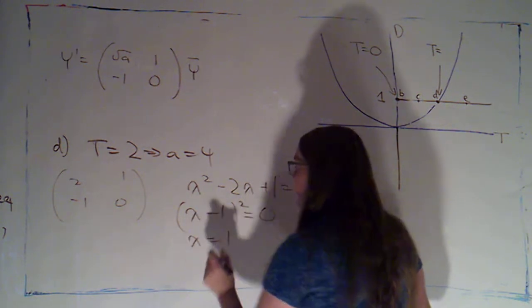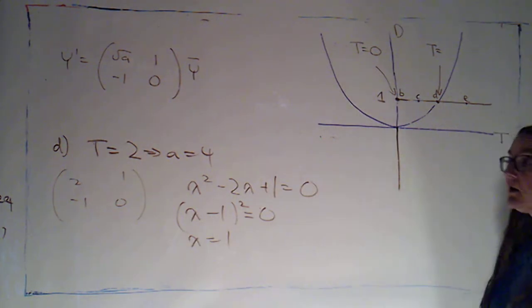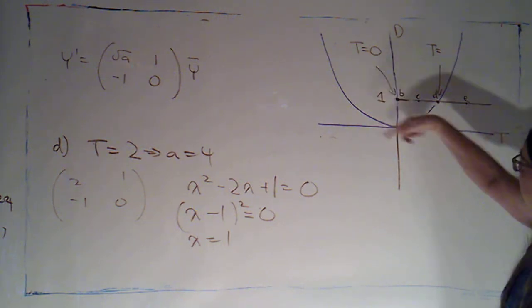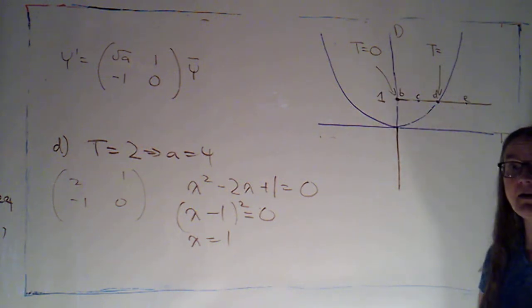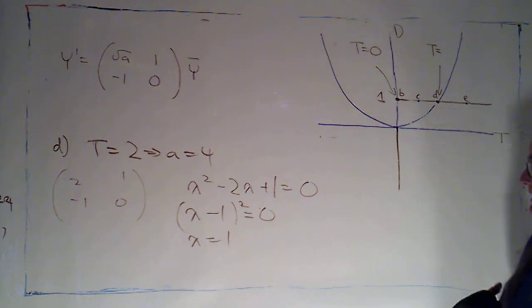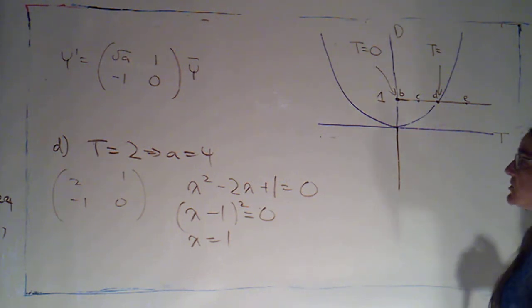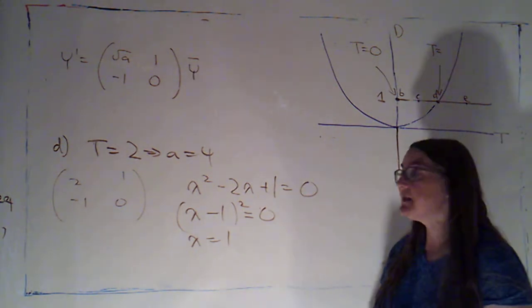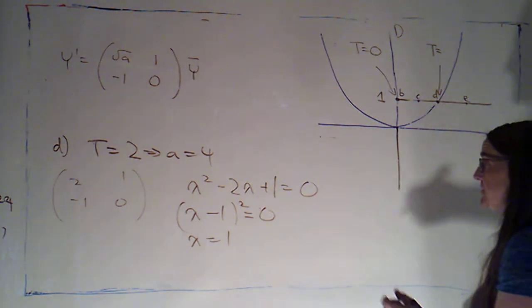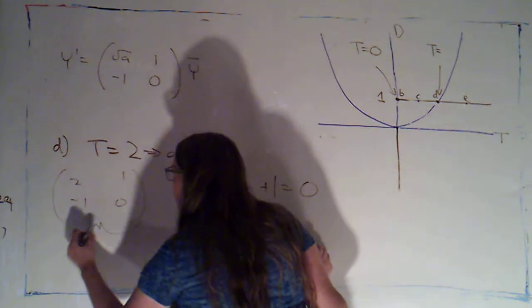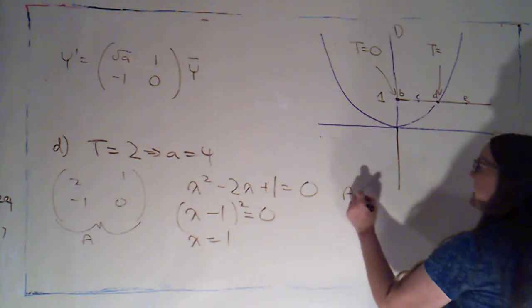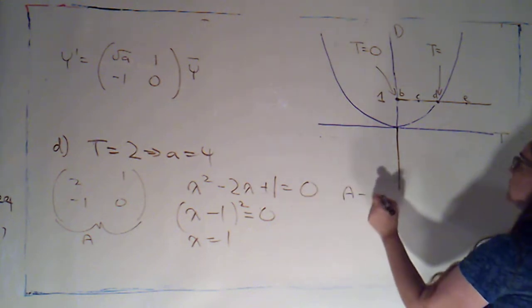So lambda is equal to 1. So we have one repeated eigenvalue. And that's what's going to happen if we're actually on the parabola, that we get a repeated eigenvalue. So now I need to see, do I have one or two independent eigenvectors? So if I call this matrix A, I'm going to take a look at A minus my eigenvalue 1,